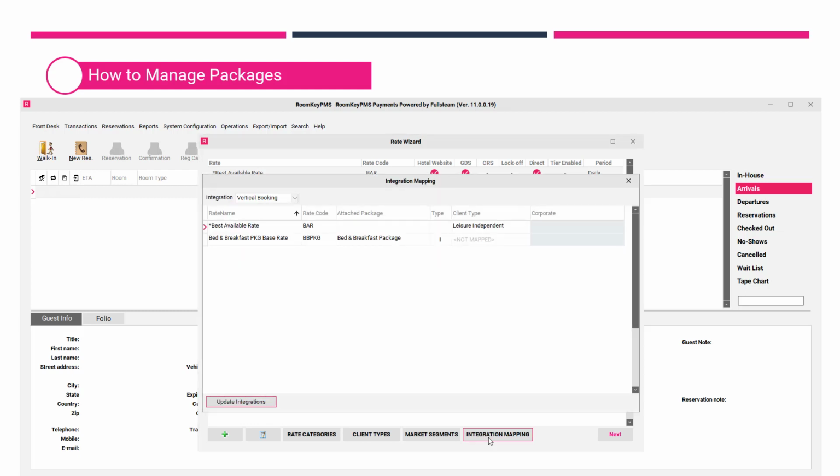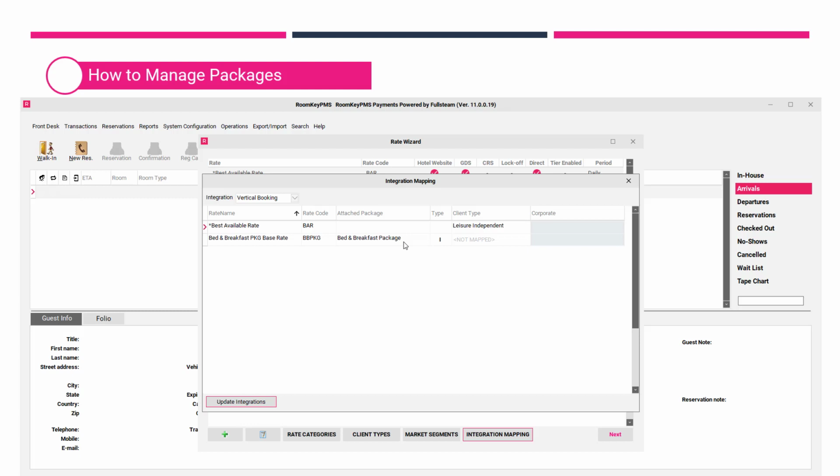Now, specifically with packages, you'll see the package rate name listed here and the corresponding package rate code. So in this case, I have a bed and breakfast package. I see the rate code, and I can see the attached package that is set up in my inclusions and